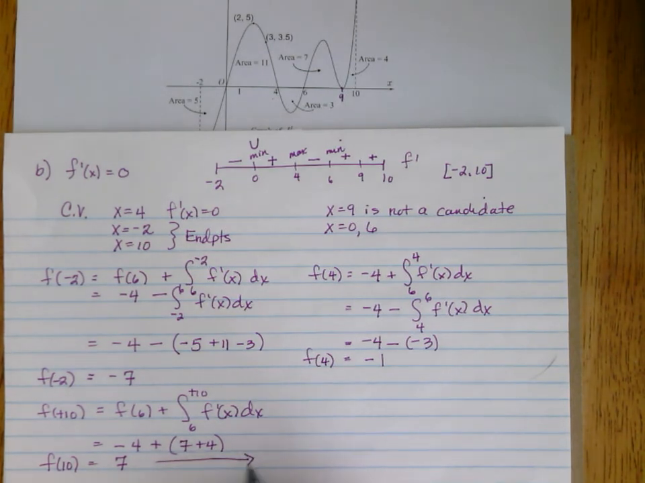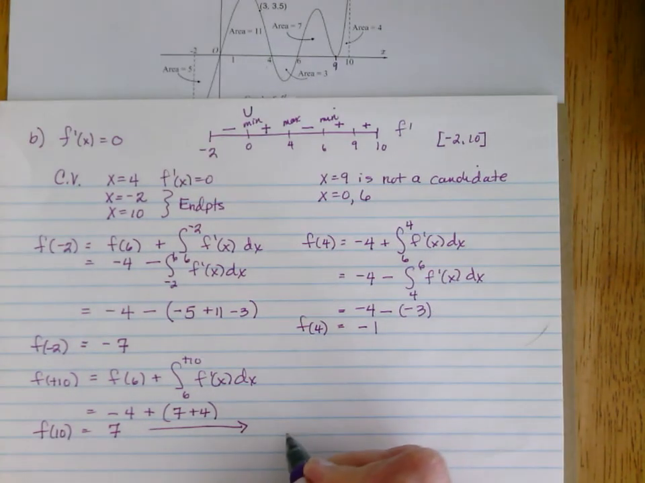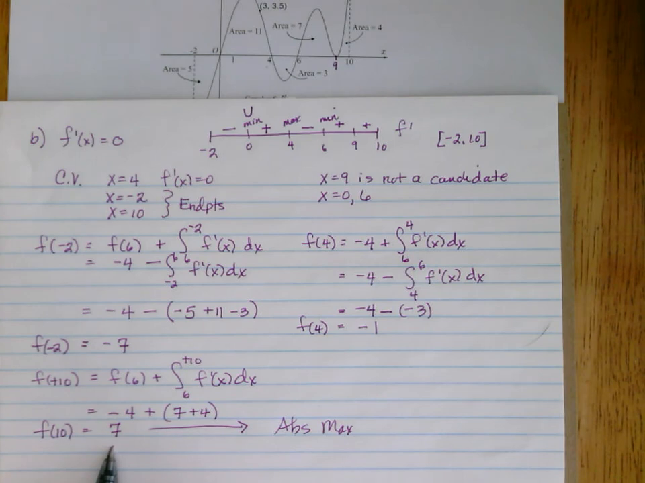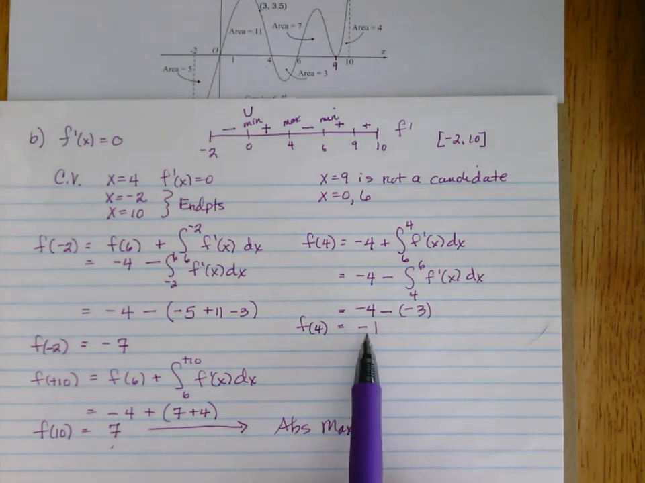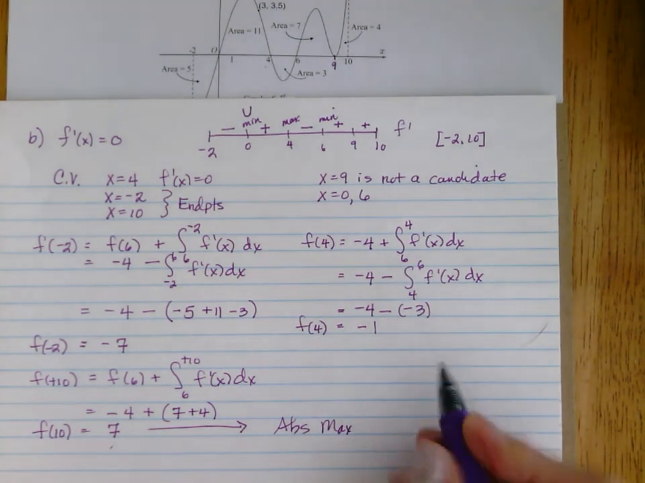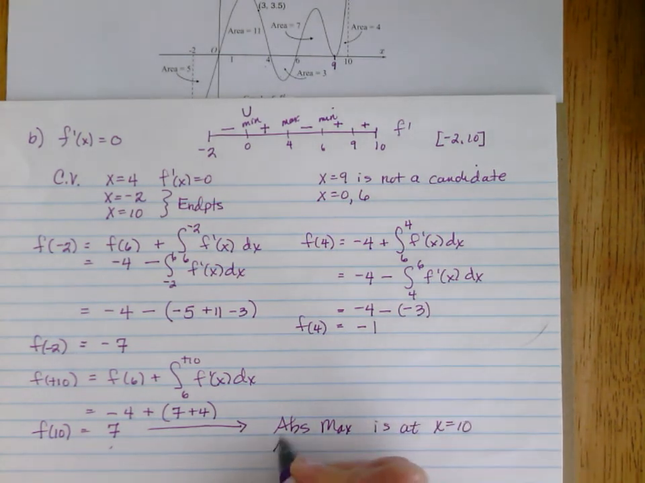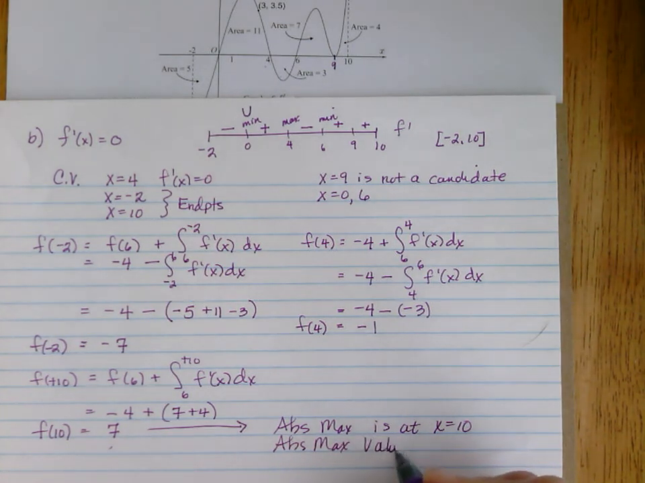And that implies we have an absolute max, because the largest value is the largest number. We got negative 7, 11, and negative 1. So the absolute max is at x equals 10, and the absolute max value is